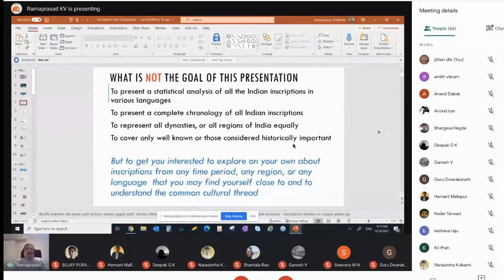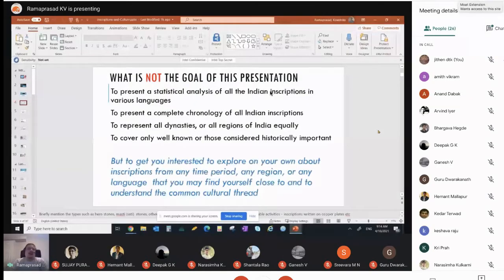Something to present analysis of what all kinds of Indian inscriptions are there, what all languages are there, how many years. We might touch upon many of those things, but the reason is not to provide a total statistical view. It's not even to provide a complete chronology of all inscriptions, nor am I going to represent all dynasties or all regions of India equally,